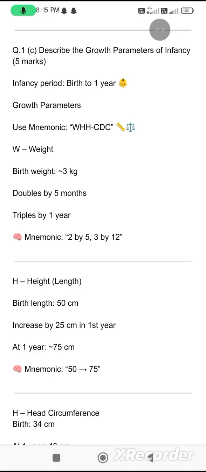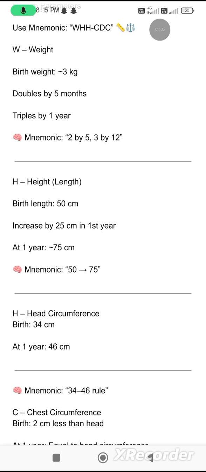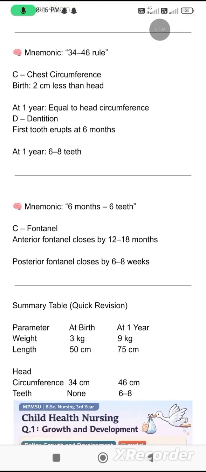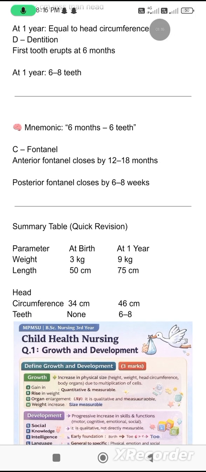Growth parameters of infancy. You can use mnemonic WHHCDC. Weight, height, head circumference, chest circumference, fontanelles, and here is quick revision of growth parameters: weight, length, head circumference, chest circumference,